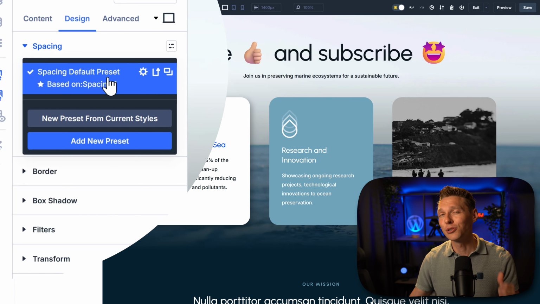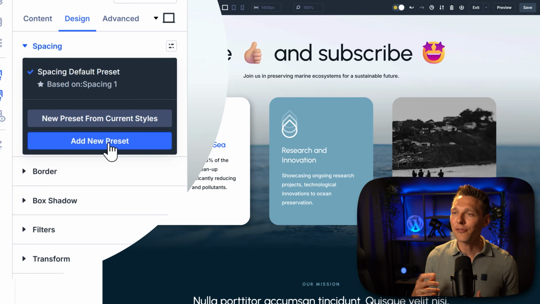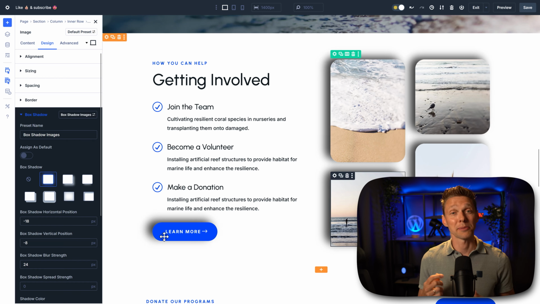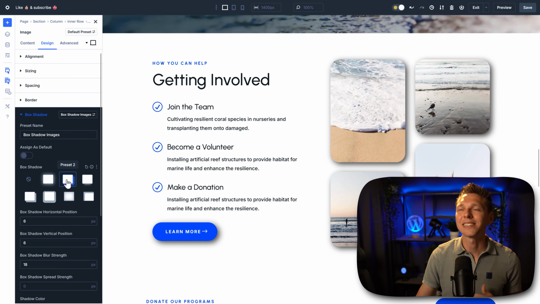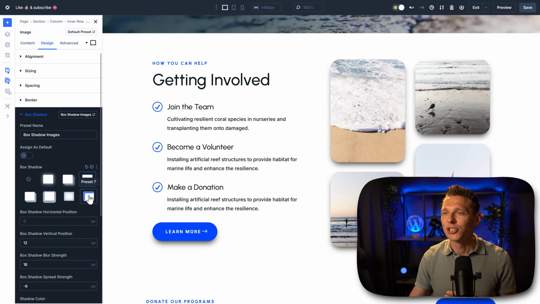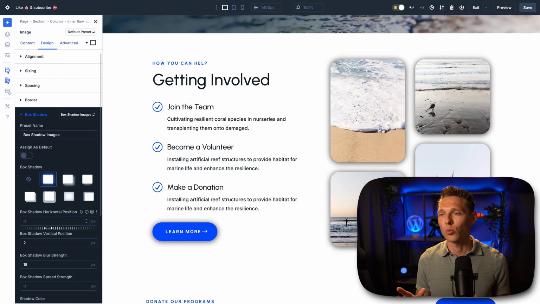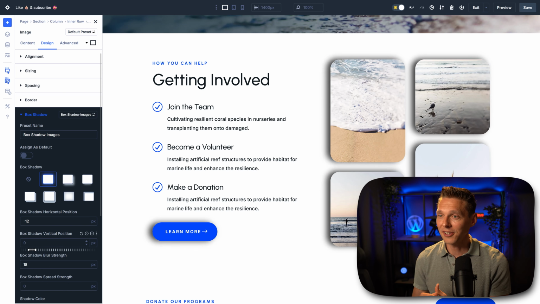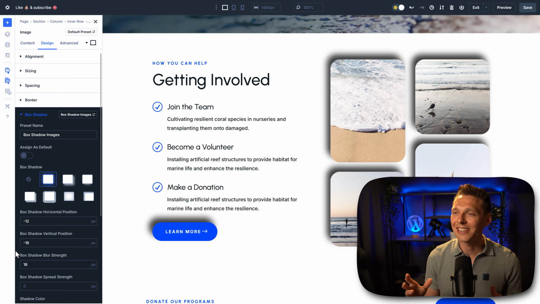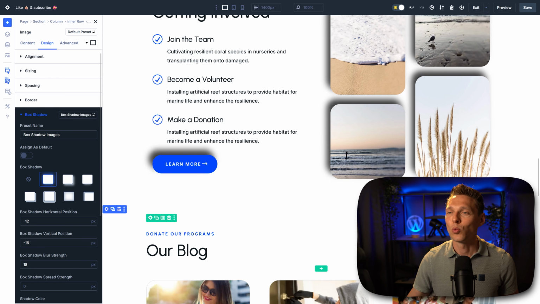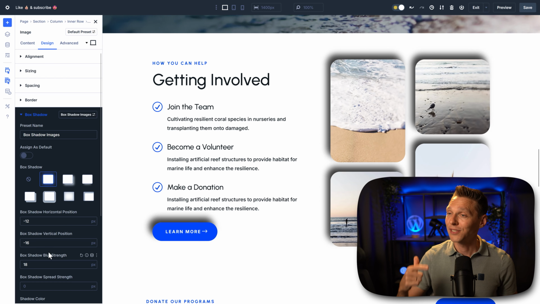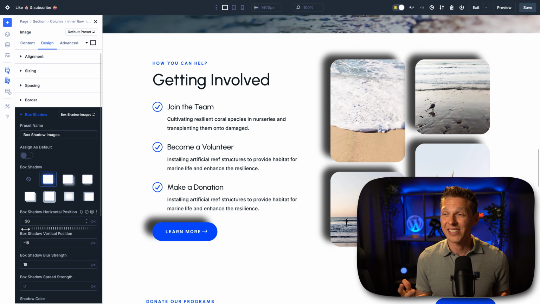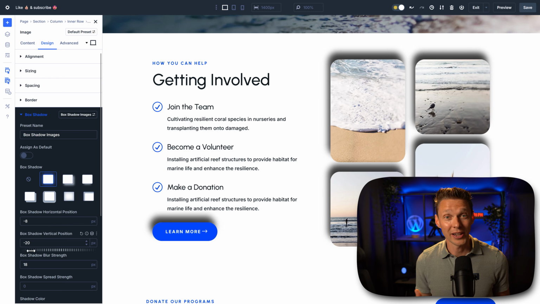Now that's huge, because in the past, if you wanted to update repeated styles like padding or backgrounds, you had to change each module manually throughout your entire website one by one. But with Divi 5, you just update the preset like this, and the changes instantly apply across the entire website. It's fast, it's flexible, and for Divi it's actually a little bit innovative.